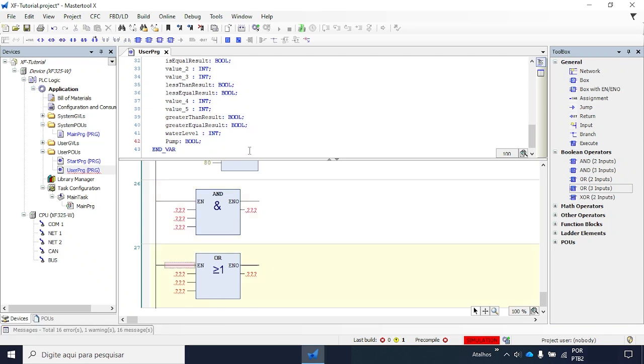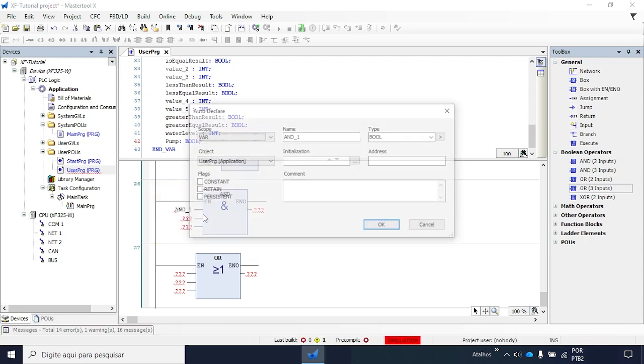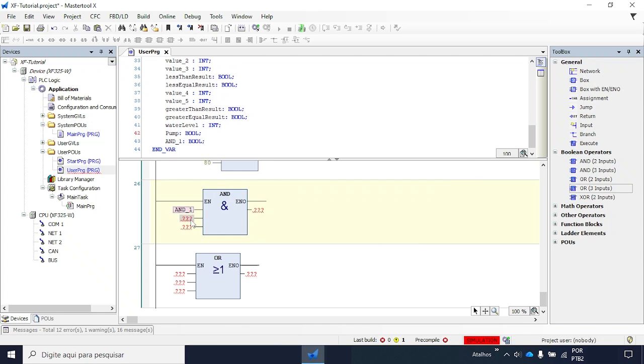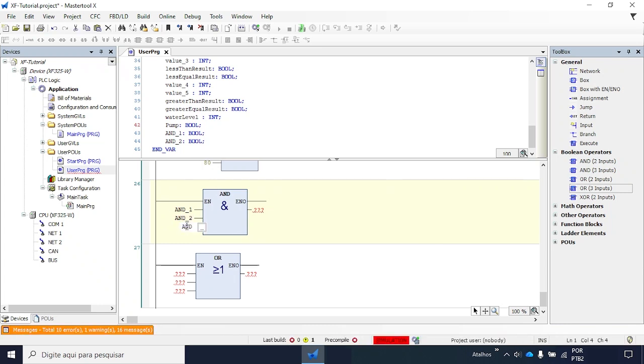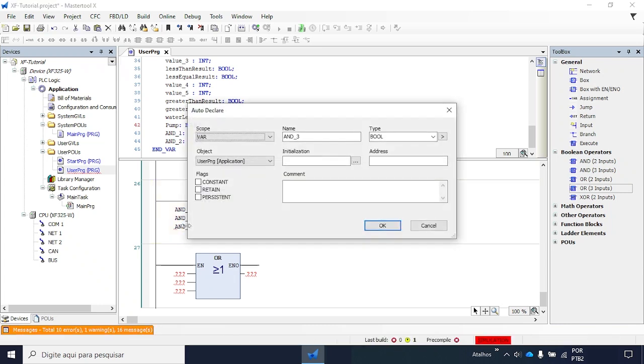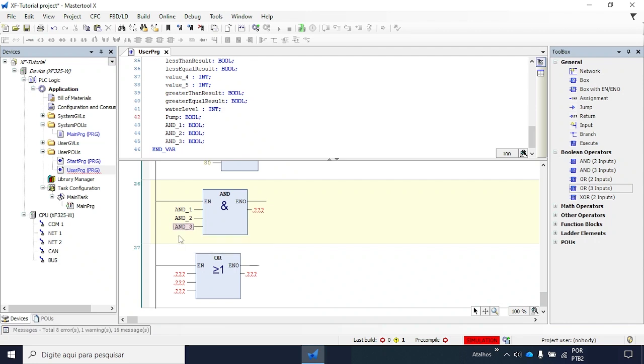And now let's assign our variables. So for the AND gate, I'll do ANDs underline 1 and follow the same pattern. Do the same thing for the OR gate.